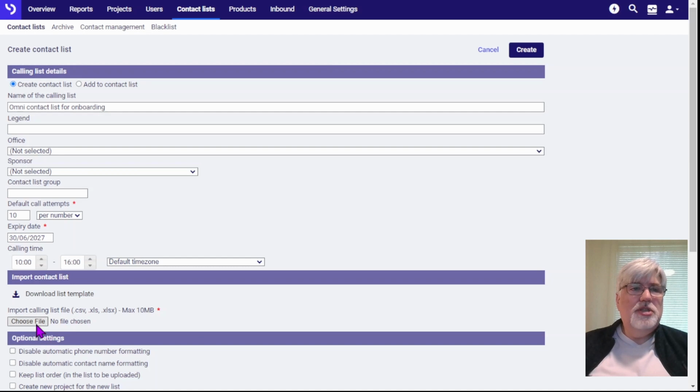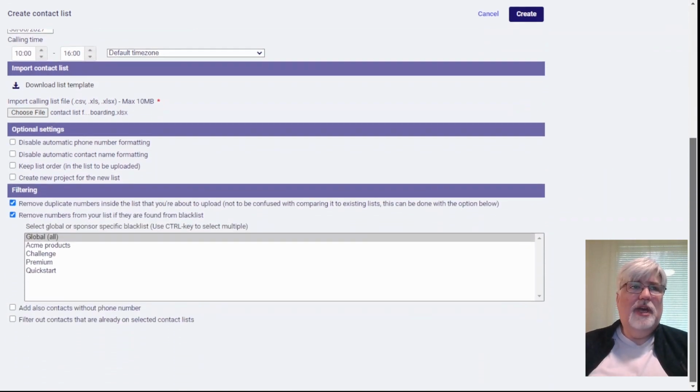For today, I'm just going to choose a file that I already have on my PC. And I have a contact list called Contact List for Onboarding. Let's scroll down, see what other settings we have. In the optional settings, we have controls here for what to do about automatic phone number formatting and automatic name